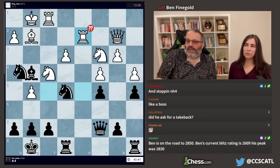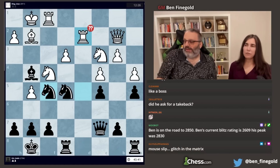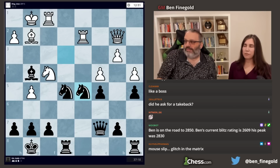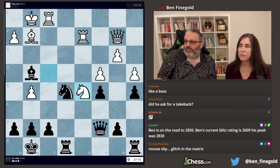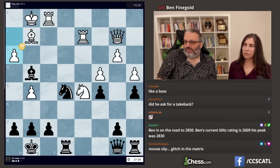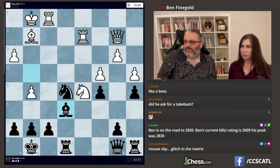Knight h4 was best, starting to attack the white king, because knight f3 check is coming, winning the exchange. But knight takes e3 is what every human would play. Okay, he played knight d5, trading the knights. Knight d5 attacking the queen. Queen b8. He played h3, which is bad, weakening his king. Bishop e6 is a good move. And here,